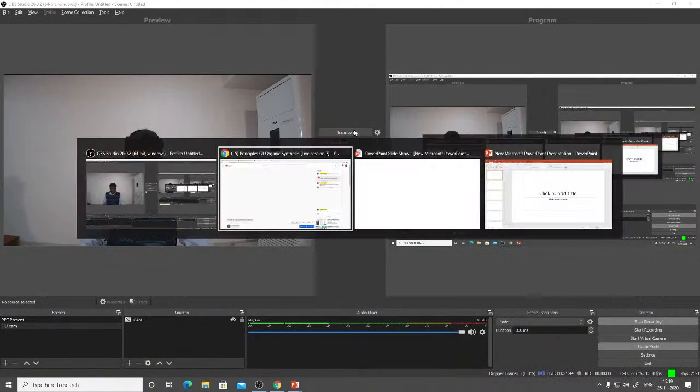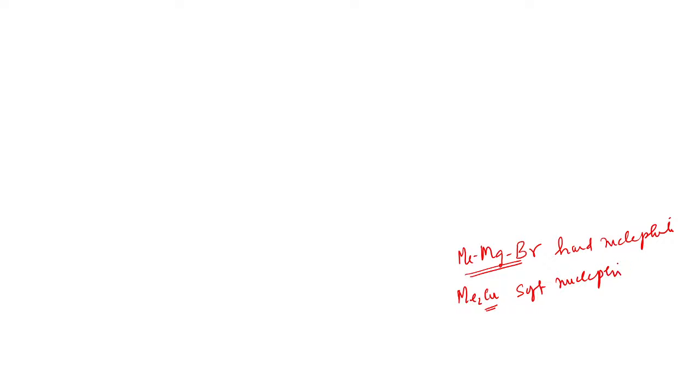So if you consider Grignard reagent and organocopper reagent, this is a hard nucleophile, this is a soft nucleophile, and when you do the reaction with, for example, aldehyde,